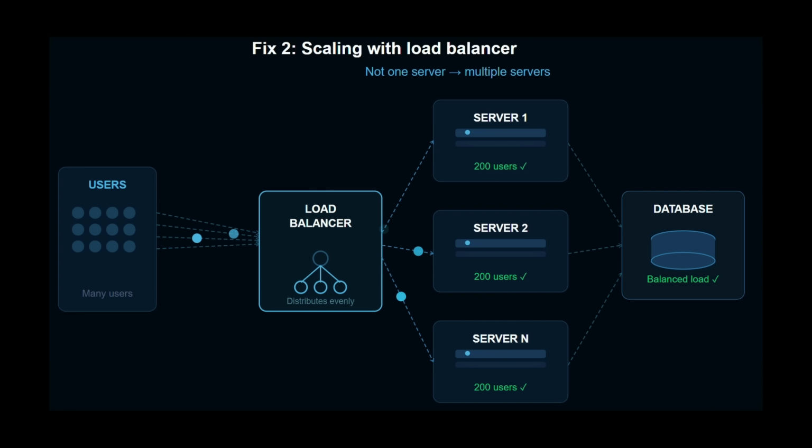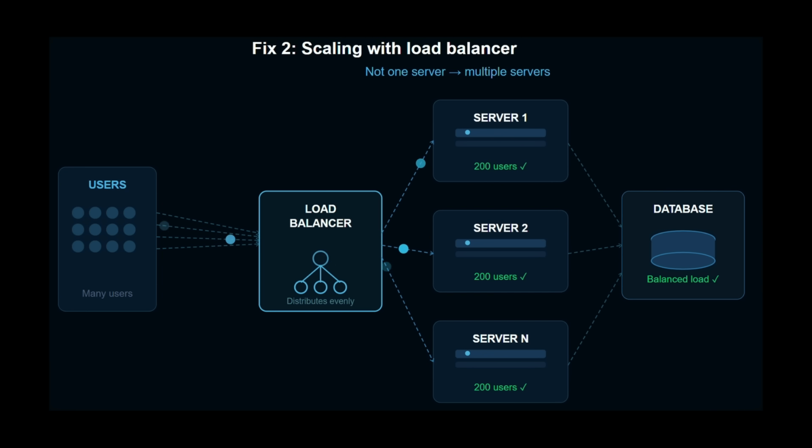Now, instead of sending all those requests to a single server, we introduce something in between, and this is called a load balancer. Think of it like a traffic controller. It does not process requests itself, it just decides where each request should go. So when requests come in, the load balancer distributes them across multiple servers, not randomly but in a balanced way. Now instead of one server handling everything, we have multiple servers, each handling a portion of